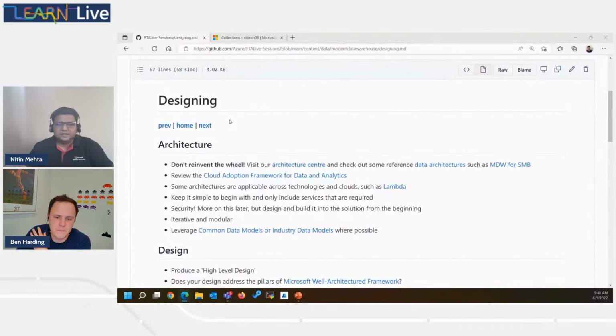All right. So yeah, Ben gave an introduction to modern data warehouses. What makes it different from your traditional data warehouse, right? Now, obviously, the next step in that journey, when you decide to look at modern data warehousing, is how you're going to design it, right? Because to be able to build it, and it's very important because